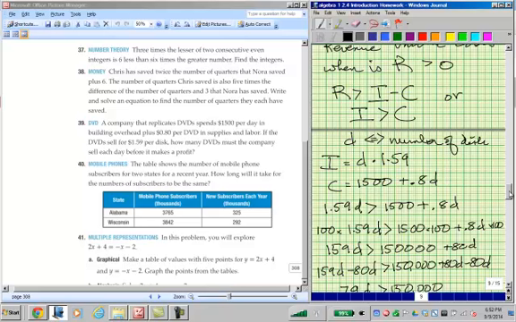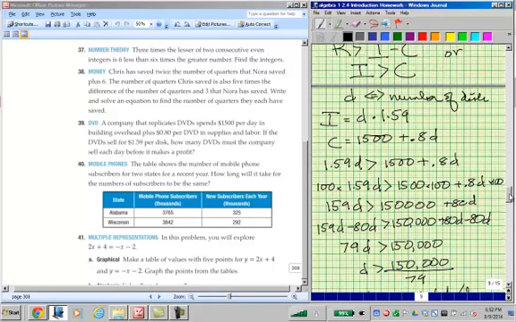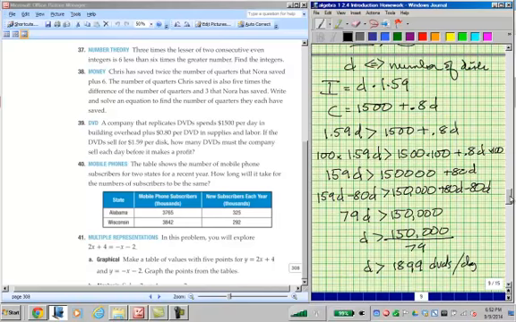So I multiply everything by 100. You can use a calculator. This would definitely be a calculator problem. No worries, okay? And I do some math and all of that, and I end up with 79D is greater than 150,000. Divide both sides by 79. D is greater than